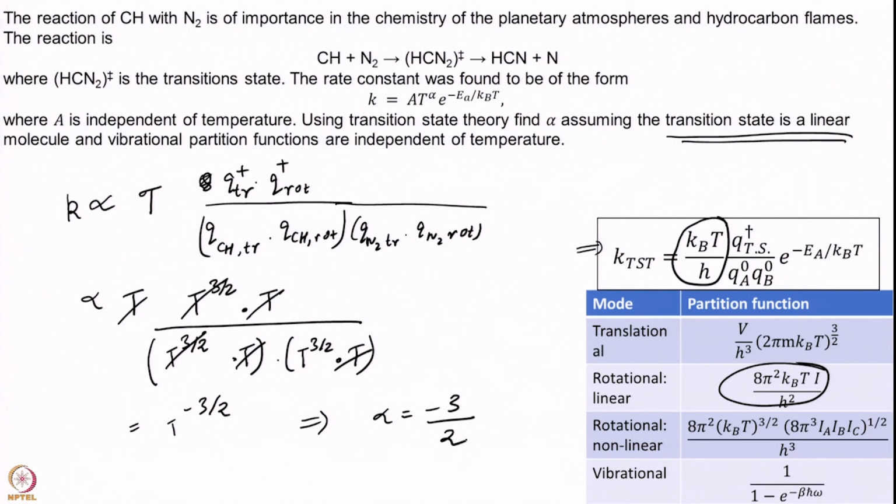okay. Remember, I still have that exponential factor that I have simply chosen not to write so far, and all other common factors that I have not been writing, all the mass and 2 pi and m and all that. Okay. So, if I compare this formula with this, you can easily see alpha is minus 3/2.